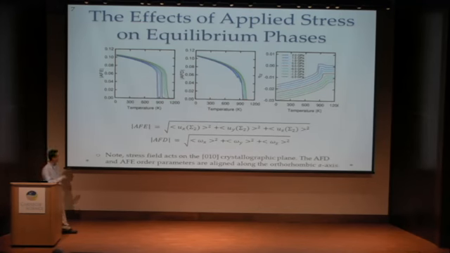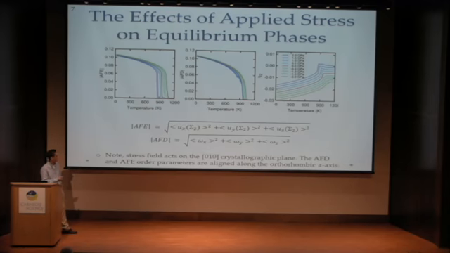How we computed the antiferroelectric and antiferrodistortive parameters is given here, just a simple magnitude computation. The sigma 2 shows that these local modes are associated with the sigma 2 point in the Brillouin zone. If we look at these curves, particularly the first two, keeping in mind our computational Curie point is 946 Kelvin, we see strong sensitivity around the Curie point, the transition temperature into the antiferroelectric phase, on the applied stress. This strong sensitivity suggests that there's a strong piezocaloric effect to be had in this material.